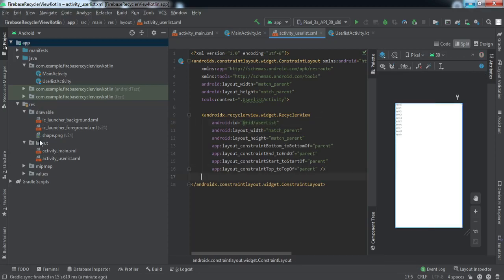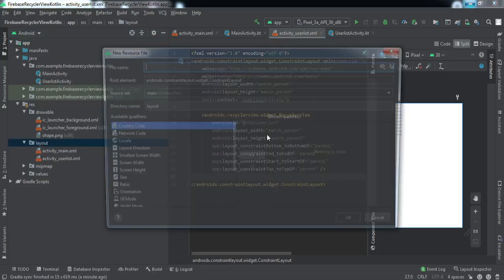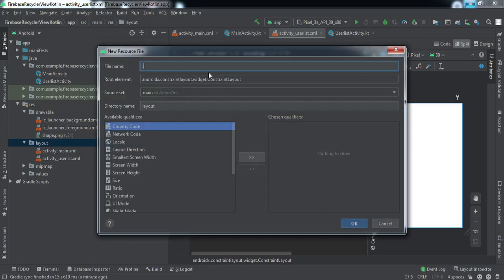So now we're gonna create a new layout resource file. This will be used for the individual item of the recycler view. We're gonna design that inside this. So let me name it user item, and the layout for this will be card view.